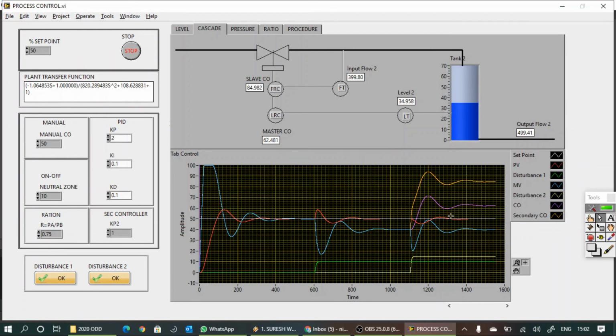Cycling will occur for flow, and if cycling is occurring for flow, then definitely the level will also oscillate. Okay, so that problem is there if you select a large Kp value in this particular case. And actually that is due to the combined effect of Kp and Ki. Okay, so please note that. So I am stopping here.